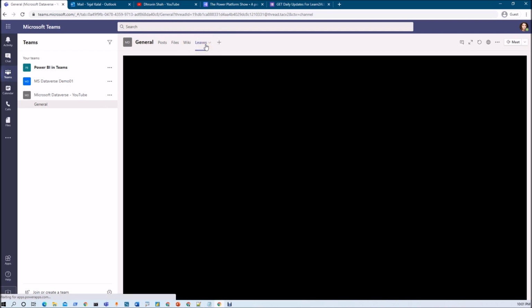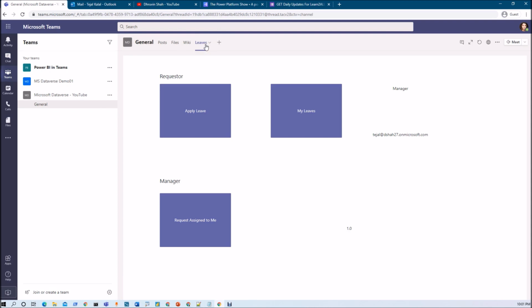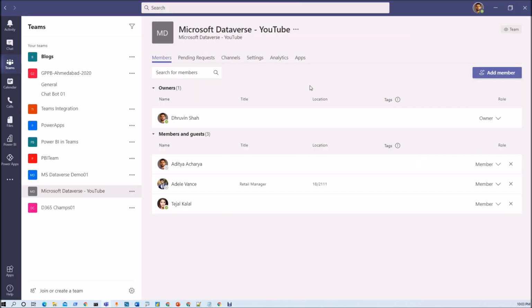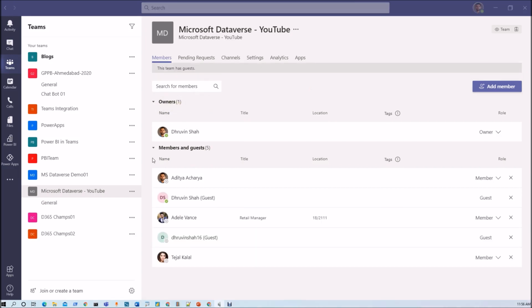That distribution has been done automatically once you publish your app into Teams. So all owners, members and guests will be able to access your Power Apps from there. This is how we can publish our Power Apps in Teams and distribute them among owners, members and guests.